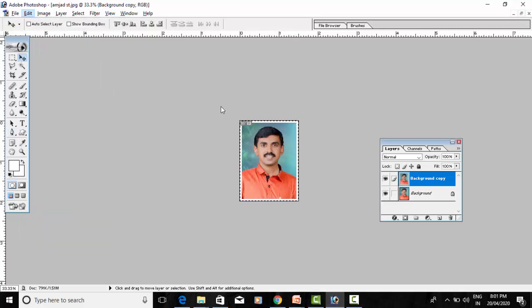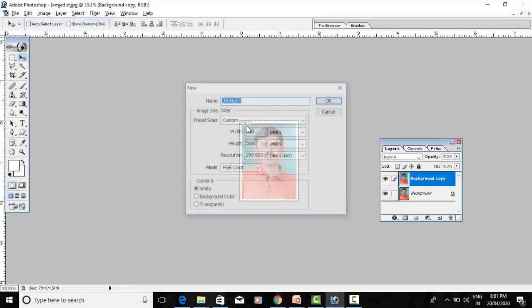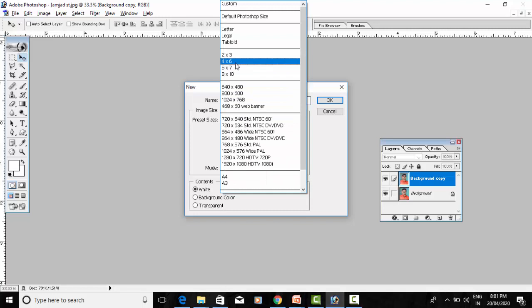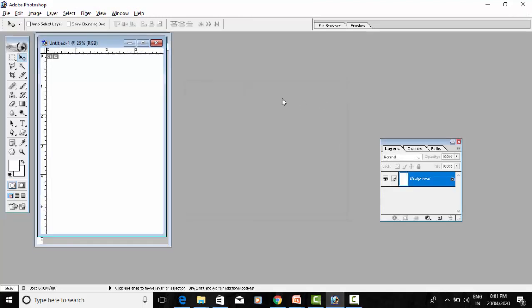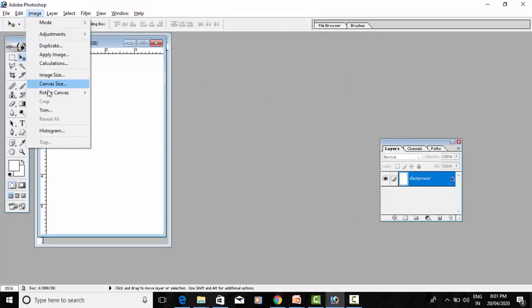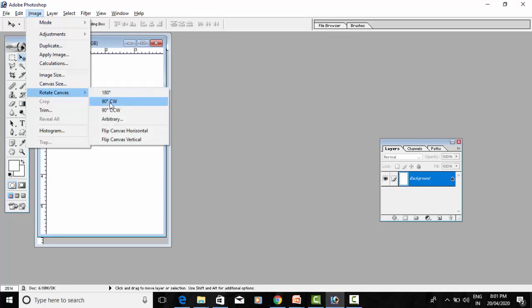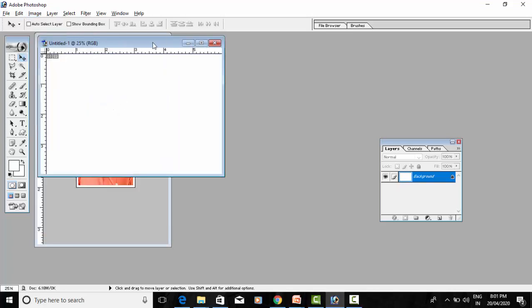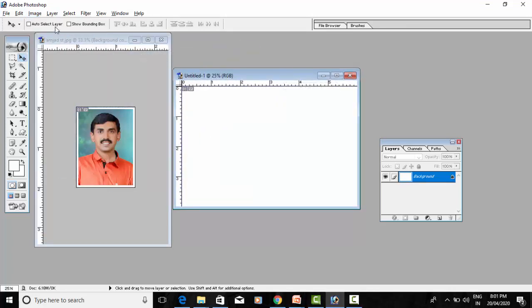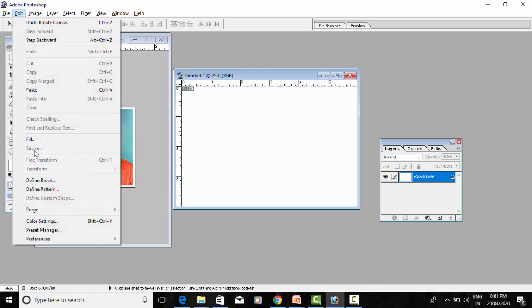Now take a new blank file of 4 by 6 size. We have to rotate this canvas as this is a vertical file. Change this canvas into a horizontal file. Now just after one click you will see your multiple passport photos.